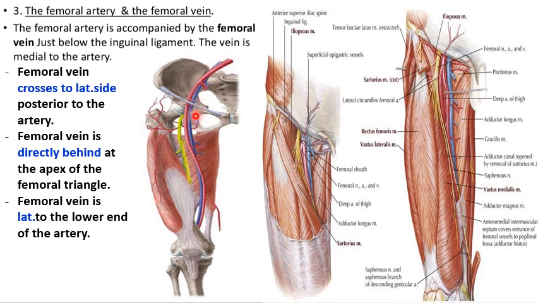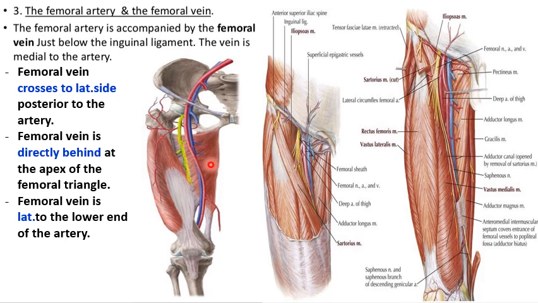So this femoral vein is just medial to the femoral artery beyond the inguinal ligament. The femoral vein crosses to the lateral side, being posterior to the artery,